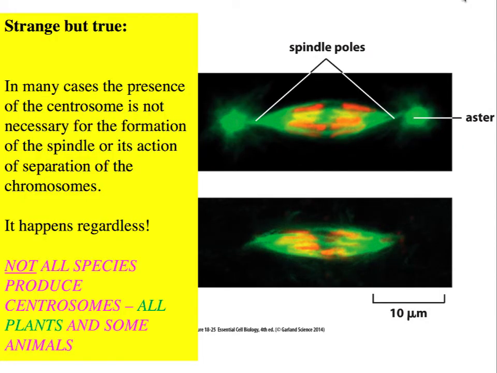It should be mentioned that centrosomes are not paramount in allowing mitosis to ensue. Indeed, some animals and all plants have no centrosomes. So studies like this have shown that centrosomes are not important and that the spindle can be established de novo inside the cell based on the existence of kinetochores. So the kinetochores of the chromosomes can drive the formation of the spindle themselves. And that's what happens in plant cells and some insect cells.